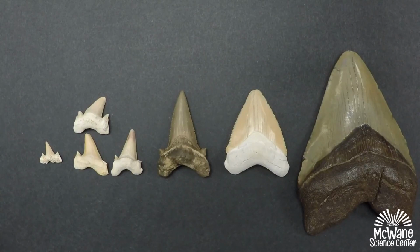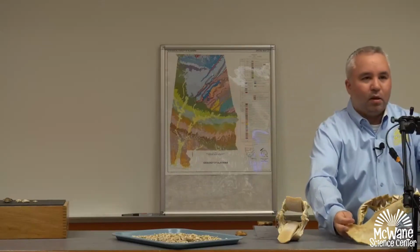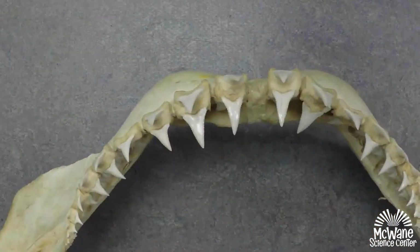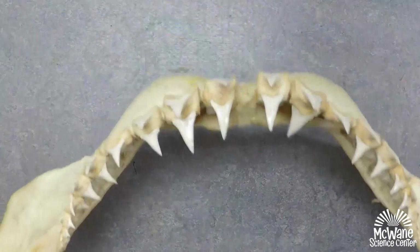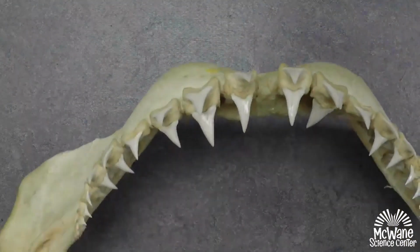So I'm going to move this stuff out of the way, and I'm going to show you a great white jaw. All right. Let's see if this can show up under the camera here. Okay, so here's a great white jaw. It's a little bit too big for the camera here, but we're looking at the lower jaw right here, and you can compare